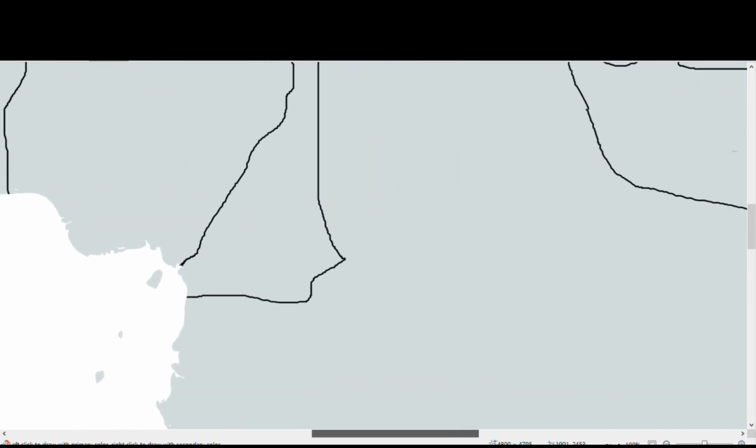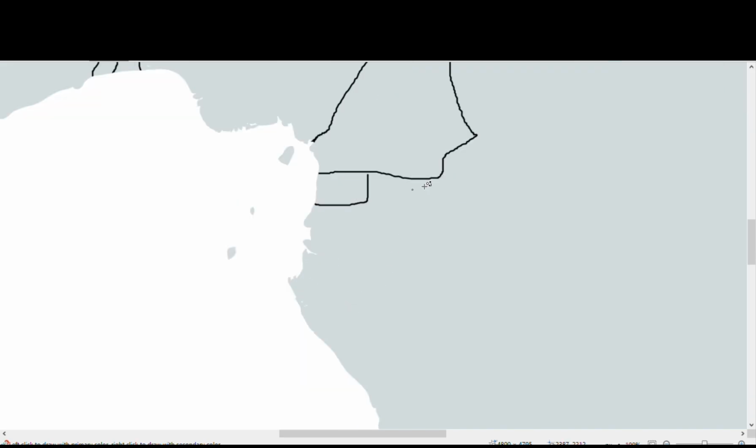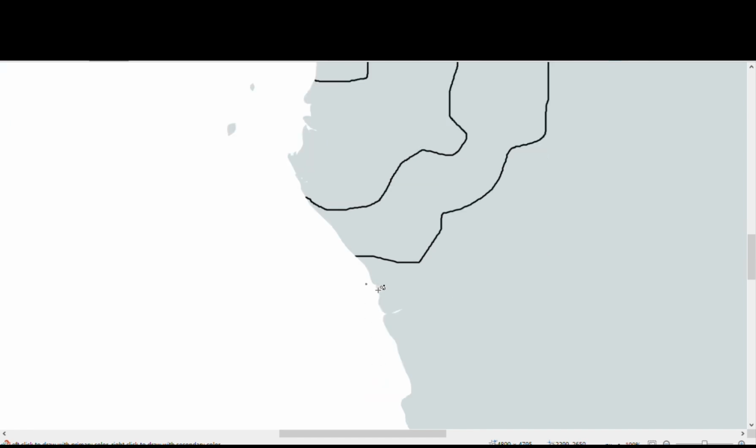Then skipping on over to here, we have Equatorial Guinea, which is meant to be more south, but I'm not bothered to change it. Then we have Gabon, and then we have the Republic of Congo, not to be confused with the Democratic Republic of Congo, Cabinda, and then,